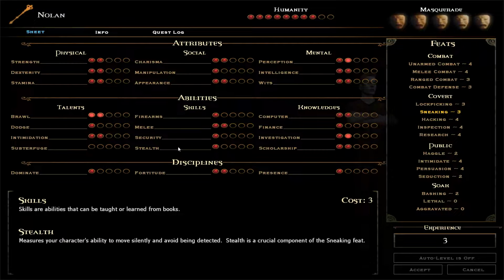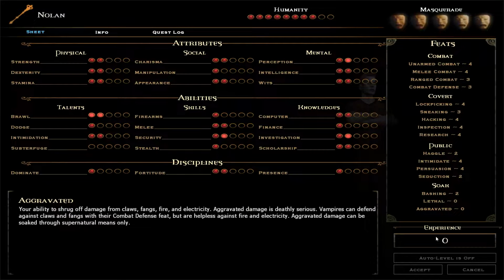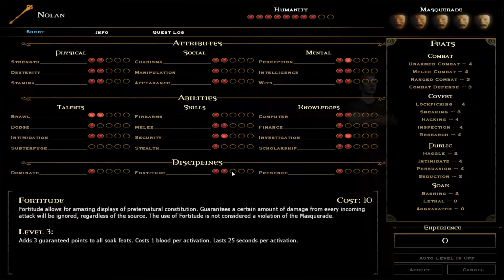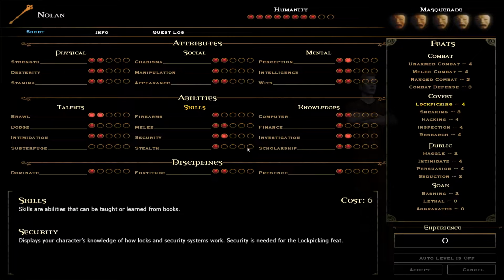I thought about doing stealth, but I don't think that Nolan's going to be a particularly stealthy character. If I do go up in stealth, it'll probably be no higher than 2. Let's go ahead and raise our security. That puts our lockpicking up at 4, which is pretty respectable right now. And then the next time that we have a huge chunk of experience like that, we're going to probably throw it into our disciplines. I would like to get Fortitude up to at least 3. Presence to 2, and then start building up all of our stuff. So,